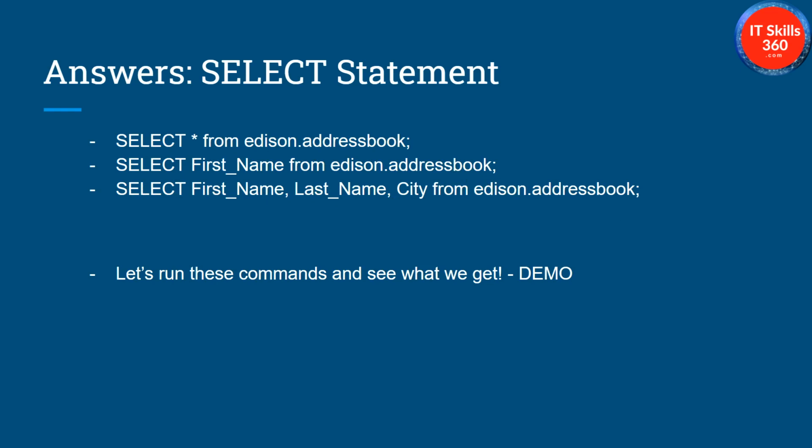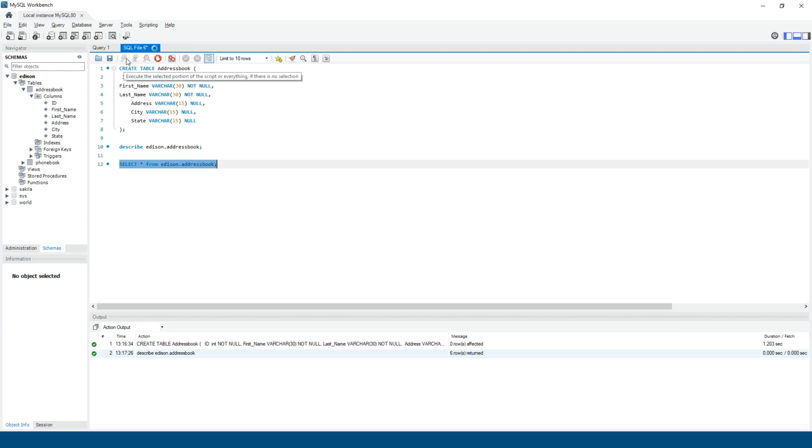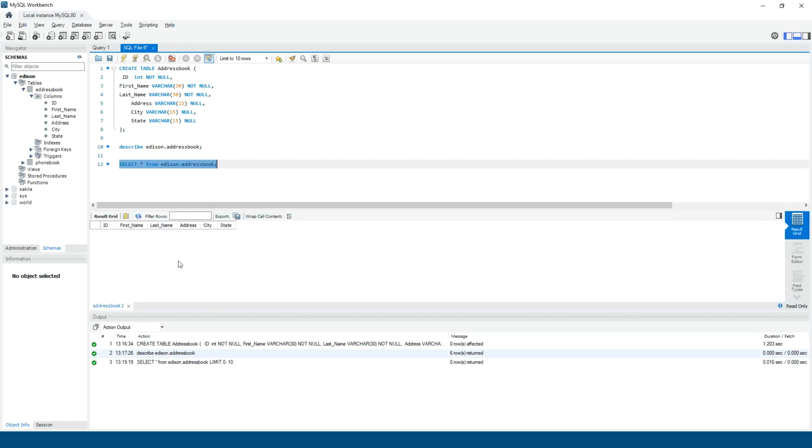Let's go to the workbench and let's see what happens. So I hope you tried that out also, but just in case not, let's do it. I select that select statement and try to execute it, and here is the output. It did execute well. There is no error message here, but it says 0 rows returned. Well, obviously it makes sense. The output section, the results grid, is blank and empty, which makes sense because